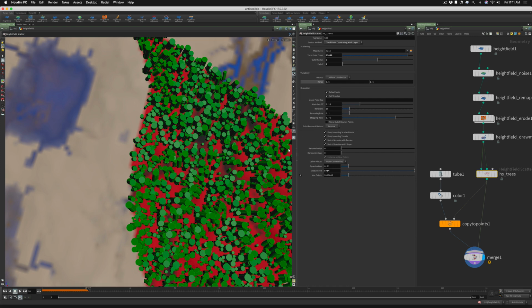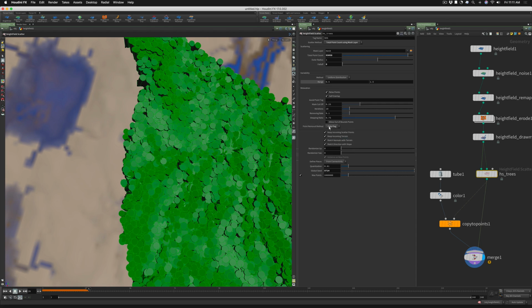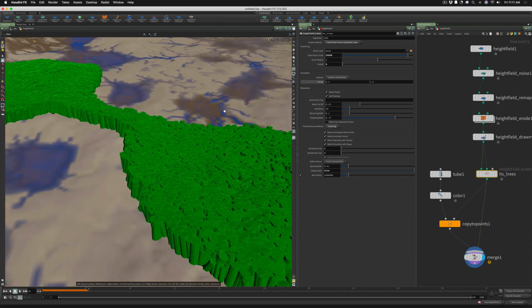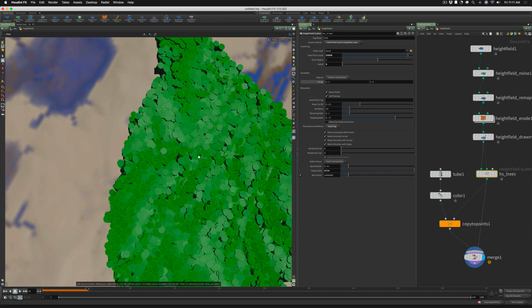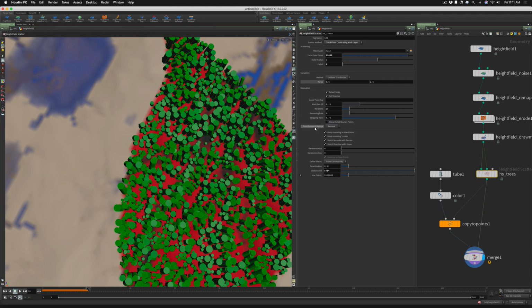So you could do one of two things here. You'll see there's a point removal method here. And the point removal method, you could either say remove or only flag. And you see when I change this to only flag, I get all those original points back. And they're all intersecting. But maybe you need those points for some other purpose. So how does that work? Well, let's go first to remove here. And I'm going to go and open up the geometry spreadsheet. So if I go here and spreadsheet,